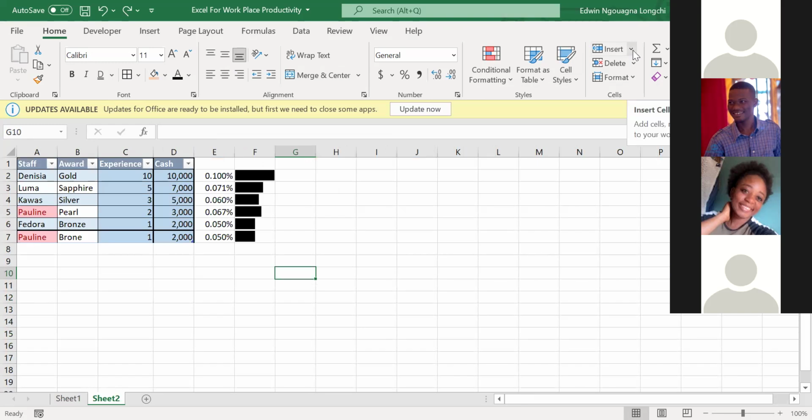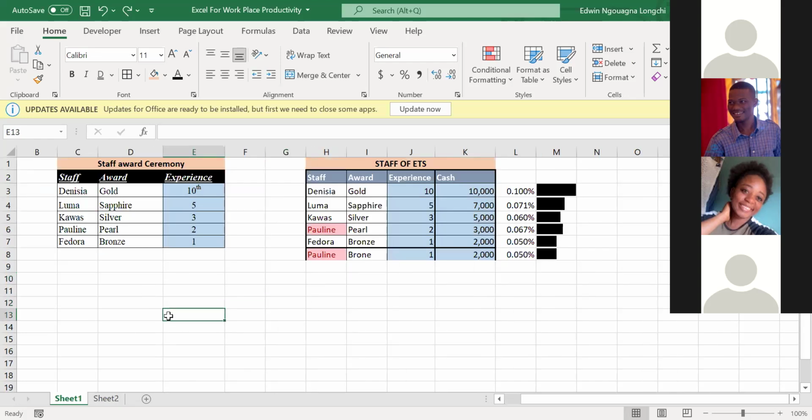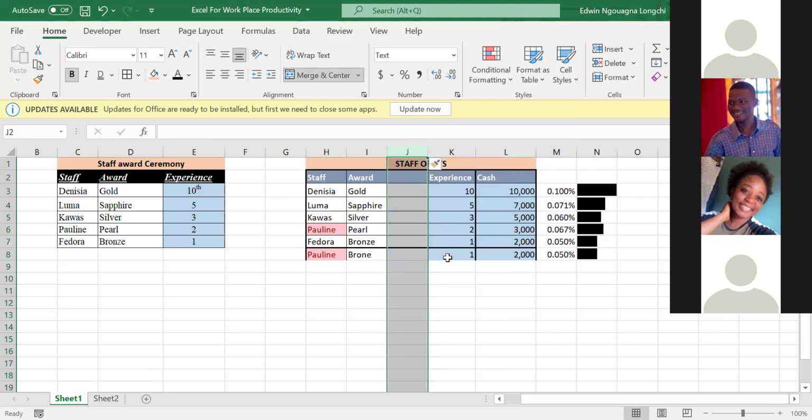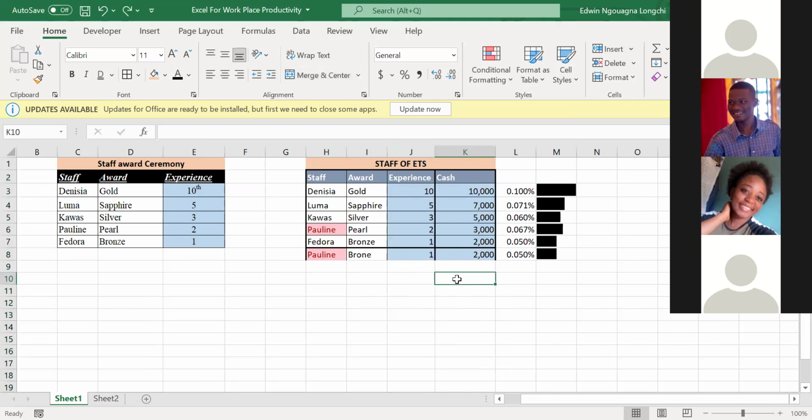So this is where you can come and insert your cells if you like. But I already showed you guys the shortcut, right? Let's come to sheet 1, and maybe we want to insert a column in between experience and cash, right? I'll just click on the column that has experience and I take insert. Okay, insert is to the left of it. That's the trick. So if I want to insert a column between experience and cash,